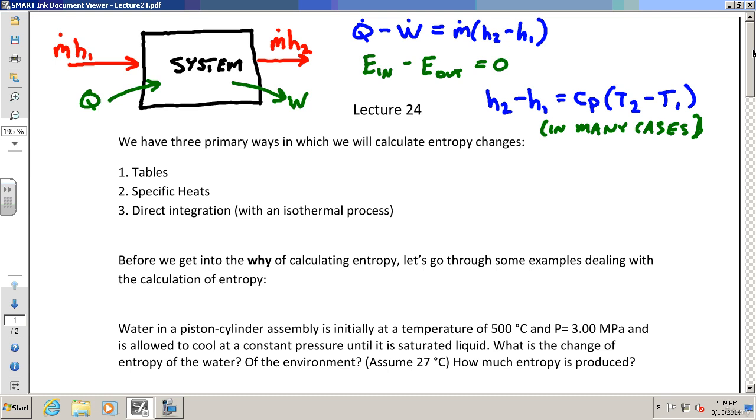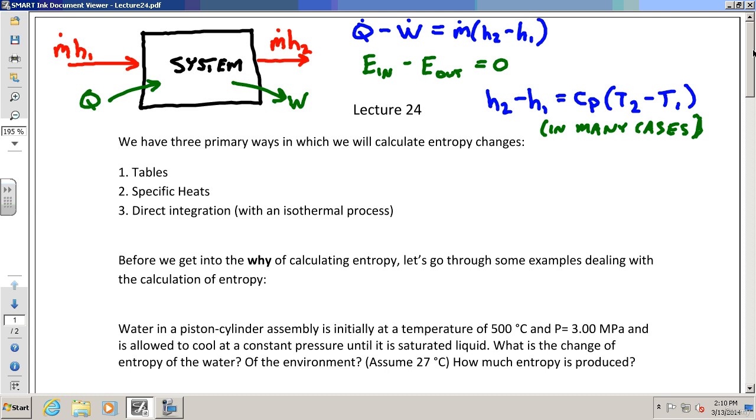You can't use specific heats when you have a phase change, okay? You can, but you have to account for the phase change, okay? And remember that if you have steam that goes from all steam to all water, it does not change temperature. So according to the specific heat equation, it would look like it doesn't change energy, right? Because if there's no temperature change, there's no energy change, right? But you do have an energy change, okay?